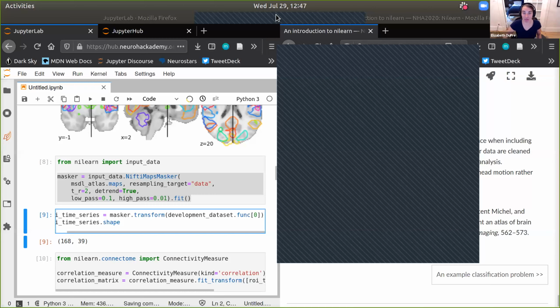If you're familiar with this area, you'll know that there are lots and lots of ways that you can define functional connectivity. In this example, we'll think about three. We'll use correlation, which is perhaps the most common one. This is just pairwise correlation between every pair of possible ROIs, in this case, the 39 that are in the MSDL atlas. Partial correlation, which is pairwise correlation, but correcting for all the other correlations that are present.